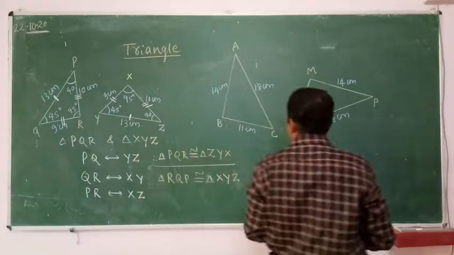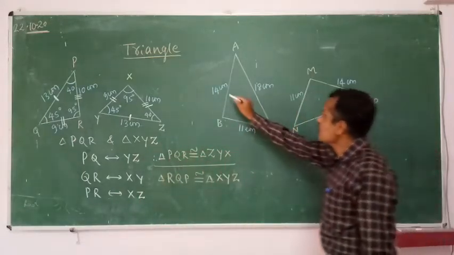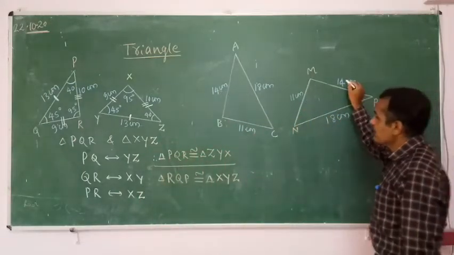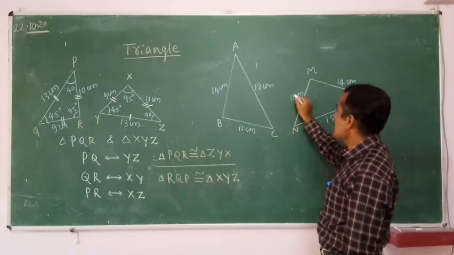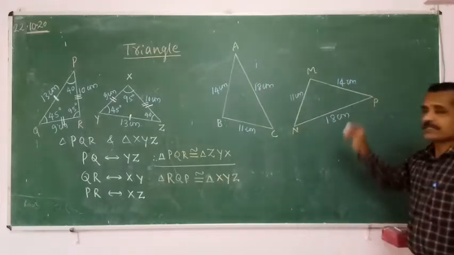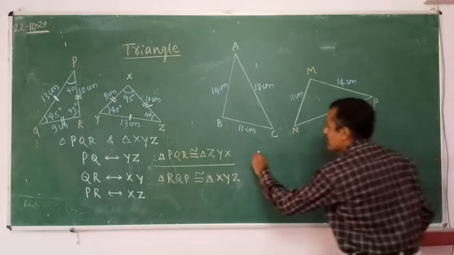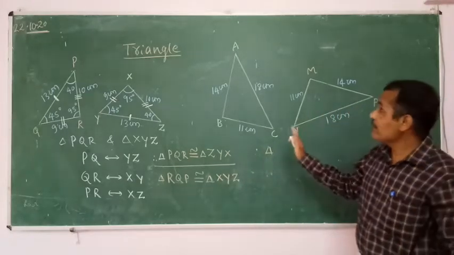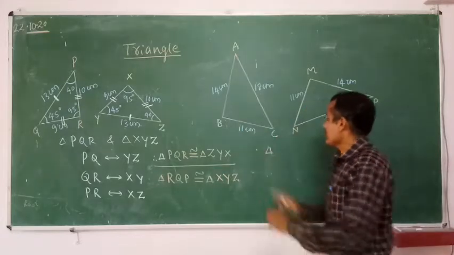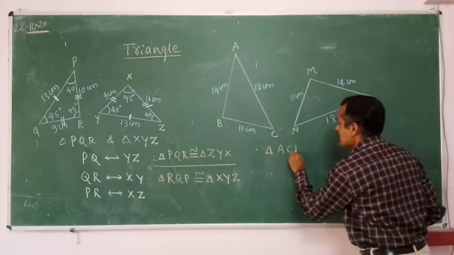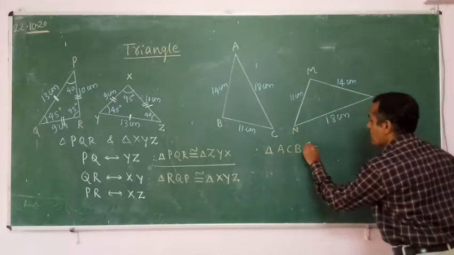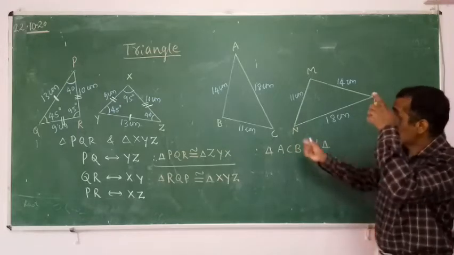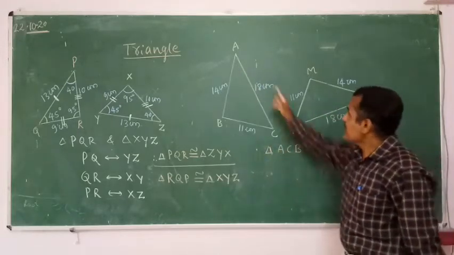See here, can you write directly? This is 14, this is 14, this is 11, this is 11, this is 18, this is 18. Can you write at once? I can write. Therefore, the first triangle I can write in any way. I will write ACB. Triangle ACB is congruent to triangle... See, the letters are here. ACB